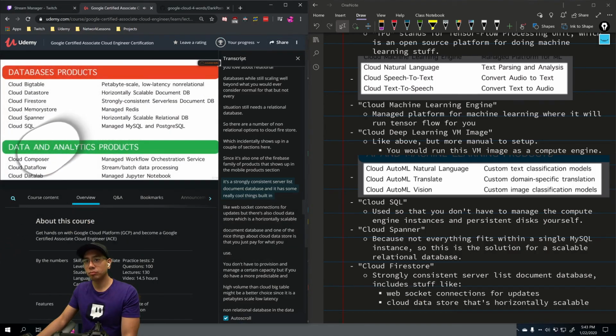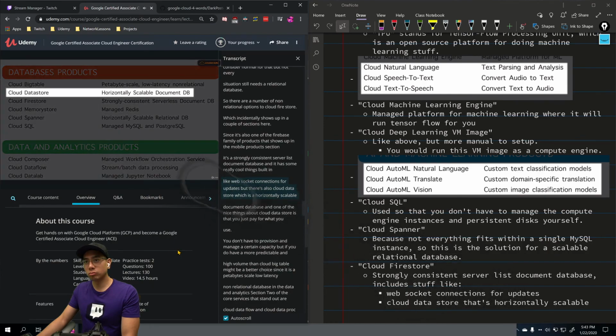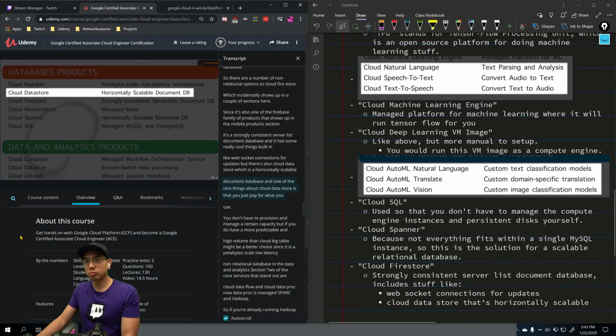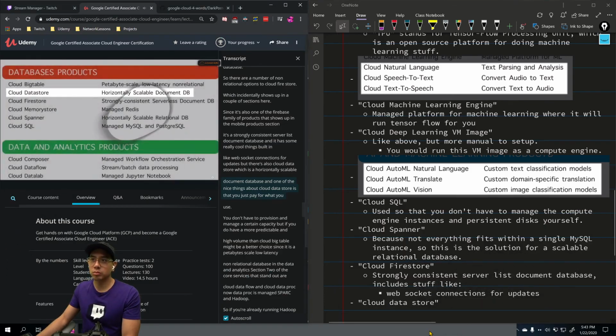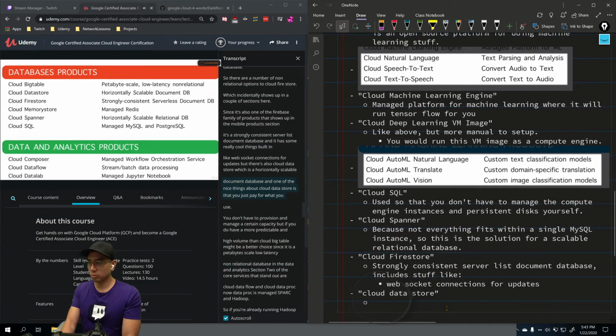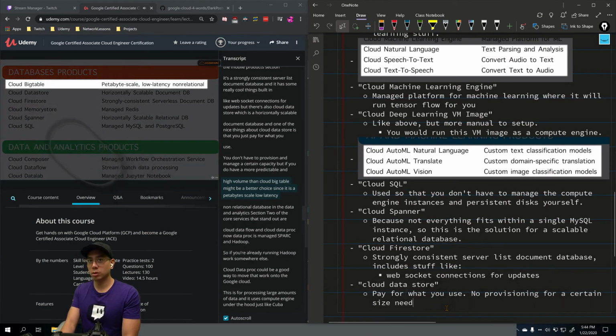It has some really cool things built in, like WebSocket connections for updates. But there's also Cloud Data Store, which is a horizontally scalable document database. And one of the nice things about Cloud Data Store is that you just pay for what you use. You don't have to provision and manage a certain capacity. But if you do have a more predictable and high volume, then Cloud Bigtable might be a better choice, since